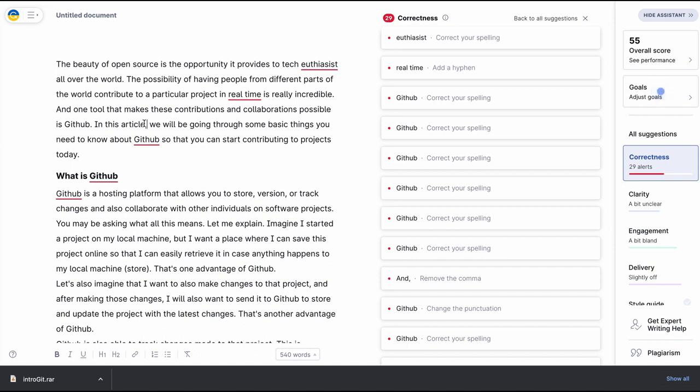Now the you is talking to whoever is reading the article. So in this article, you will be going through some basic things you need to know about GitHub so that you can start contributing to the projects today.